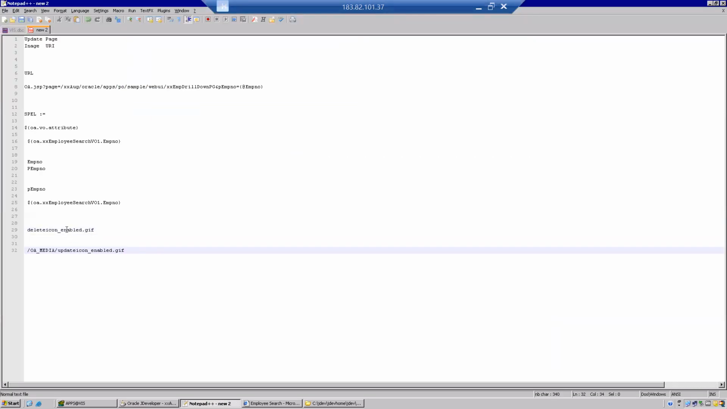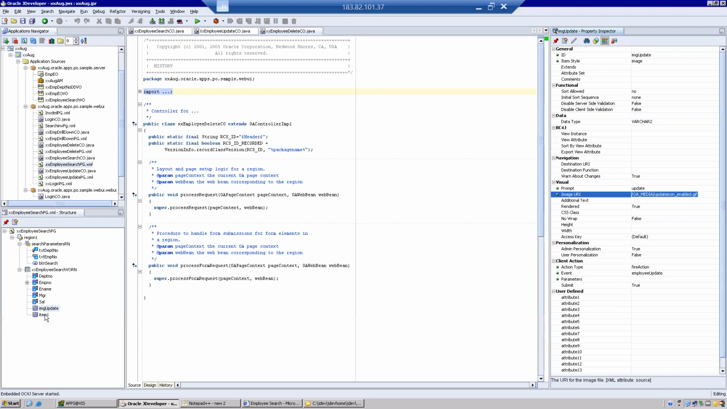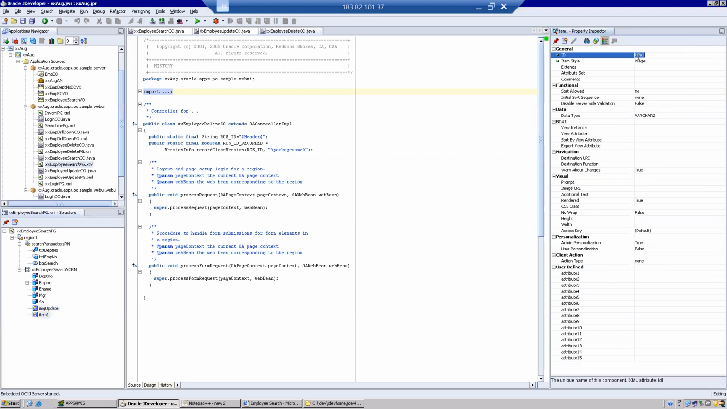Now instead of updation, you have to give this deletion enable. Copy this one. Go to this one. First give the ID img delete. You have to give here the image URI. Now tell me, once I run the update page now, if I select the particular record,